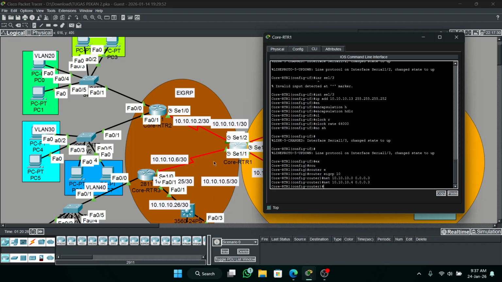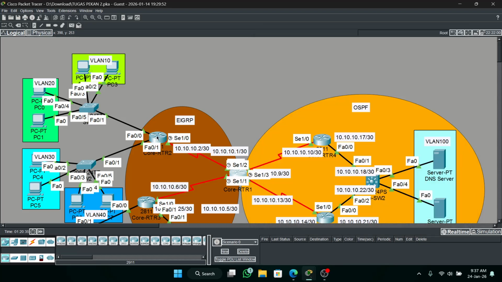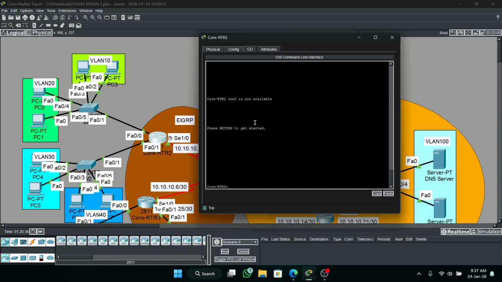Next configuration is in RTR2. You must add all IPs in the subnet. EIGRP 10, network. We add VLAN 10 network.